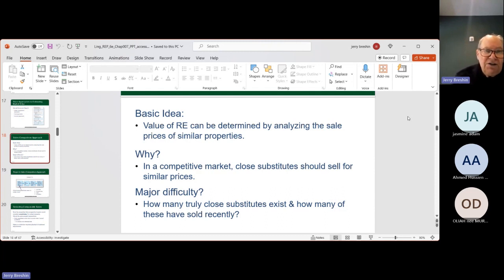If someone decides to do something very different, it's a one story home, so they want to put a second story, or the homes do not have swimming pools, but they want to add a swimming pool, they want to change it. It's very hard to assess the value of the remodeled home.